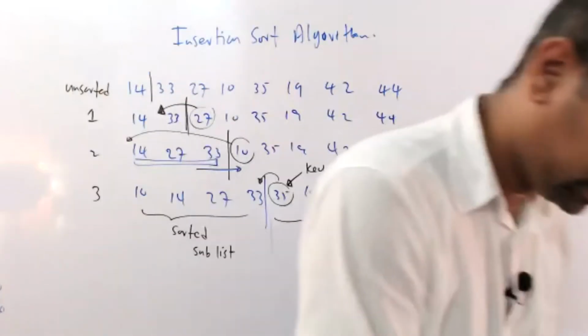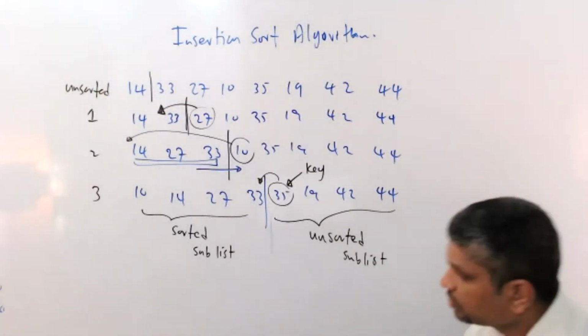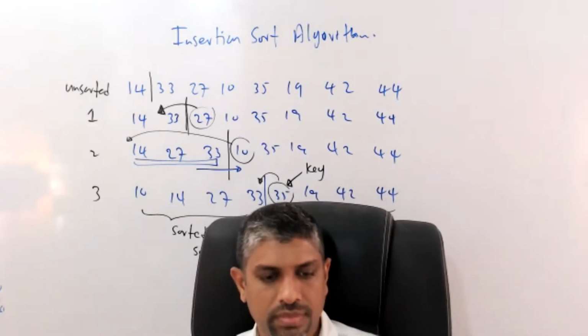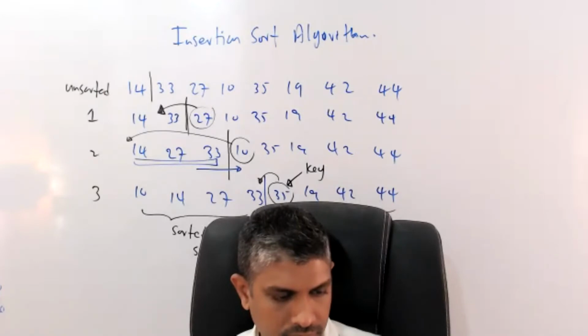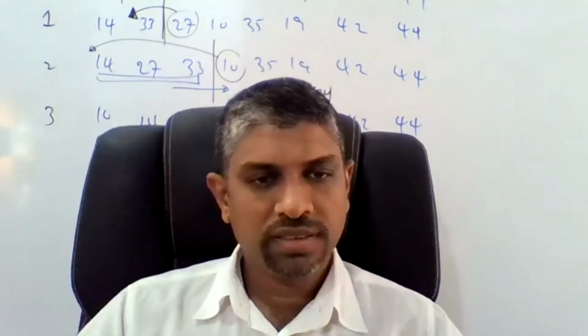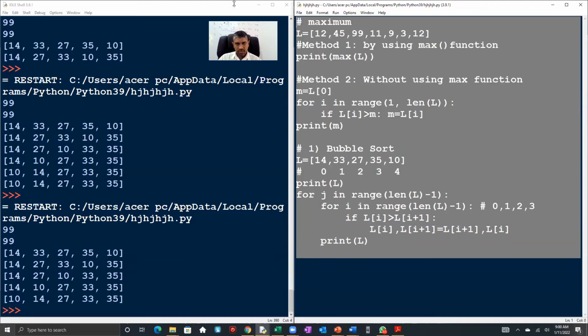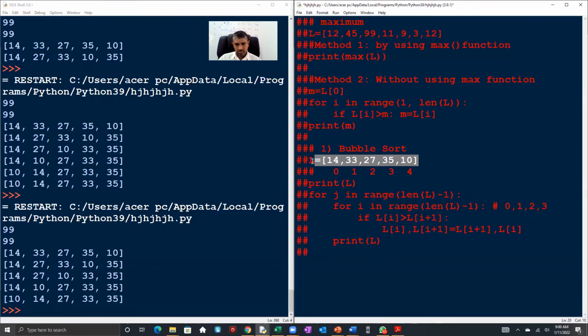So how do we do this? I think it is better to look at the solution first. 33, 27, 10, 35, 19, 14, 32, 27, 10, 35,